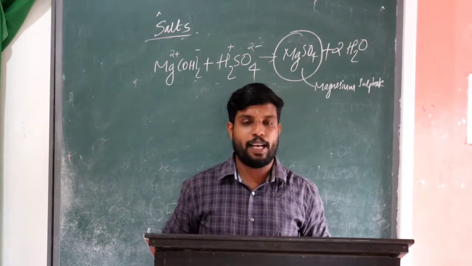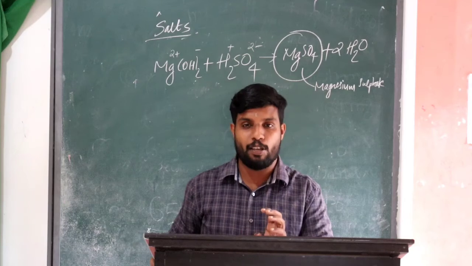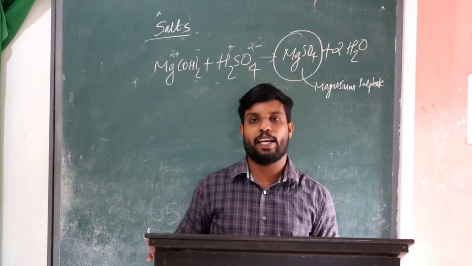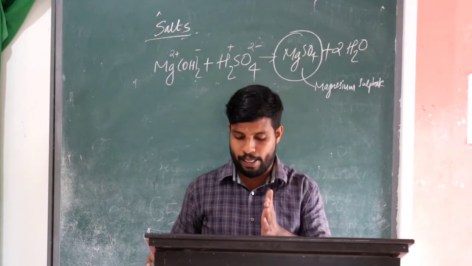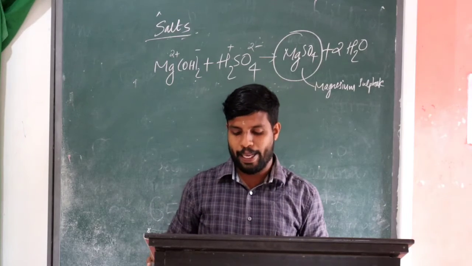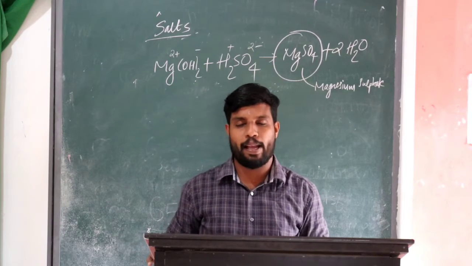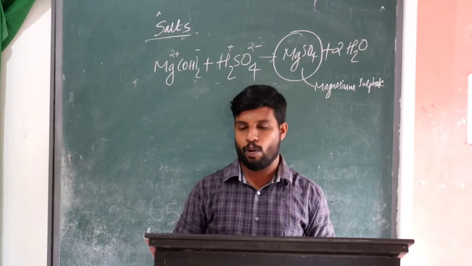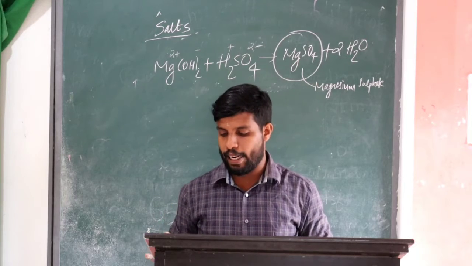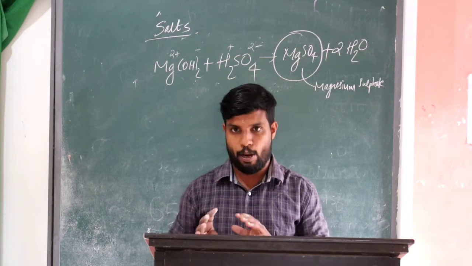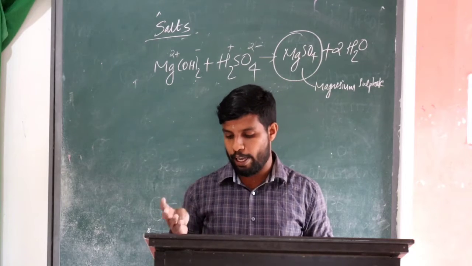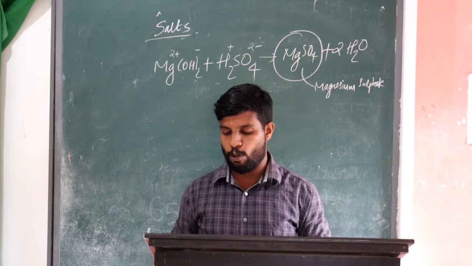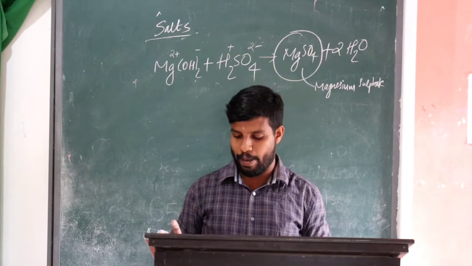I will just read that: potassium ion, K+; zinc ion, Zn2+; ferrous ion, Fe2+; ferric ion, Fe3+; cuprous ion, Cu+; cupric ion, Cu2+; ammonium ion, NH4+; then magnesium ion; manganese ion, Mn2+. Like that, positive ions, cations, are given. Some anions, negatively charged ions, are given too: hydroxide ion, carbonate, bicarbonate, nitrate, sulfate, bisulfate, phosphate ion, dihydrogen phosphate ion, H2PO4-.